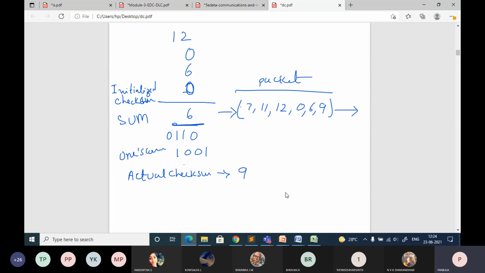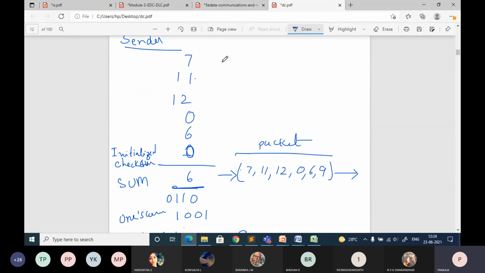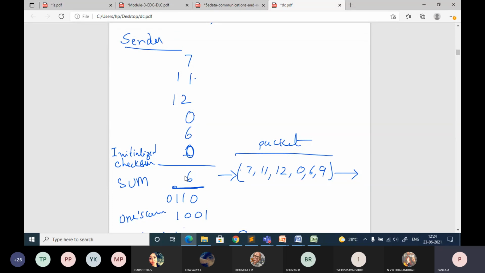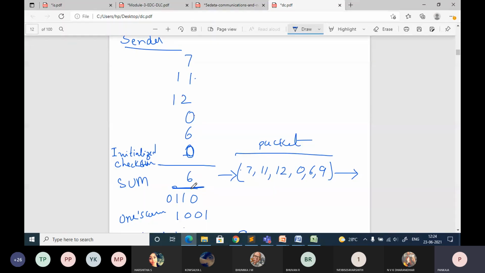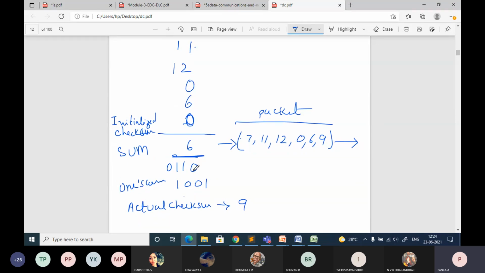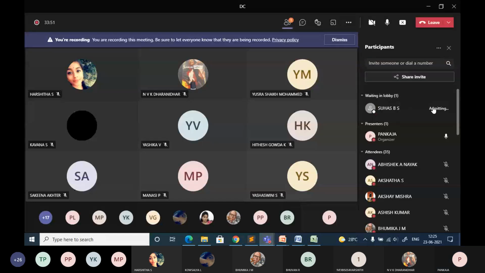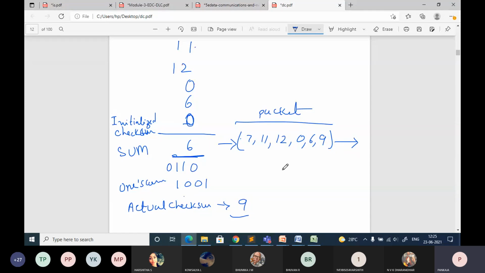It's very simple. The only thing is you should be cautious when you are adding all the numbers. After that, don't immediately write the result. That 36 should be converted into 4 bits of data, then represent that as the result. After getting that sum, you need to once again do the 1's complement of that result. Then you will get the actual checksum, and this should be added along with the data and transmitted.